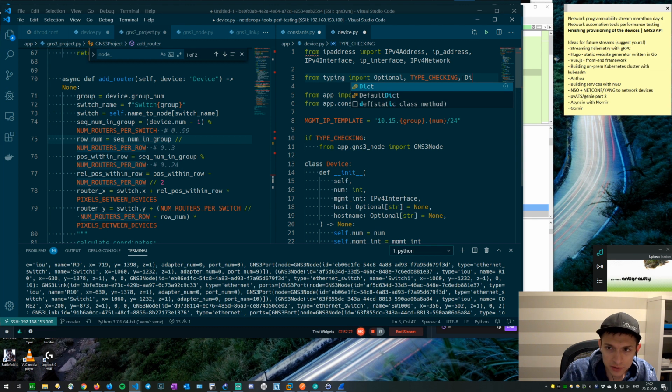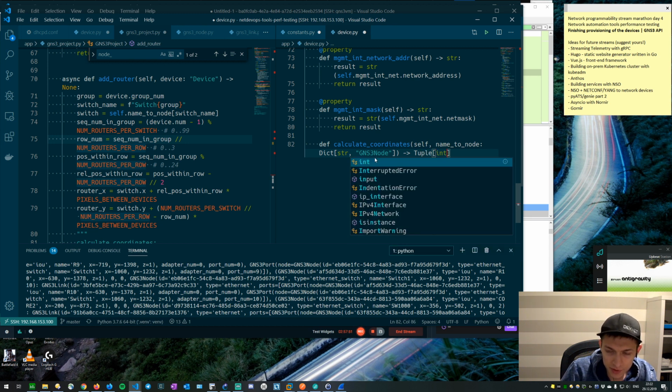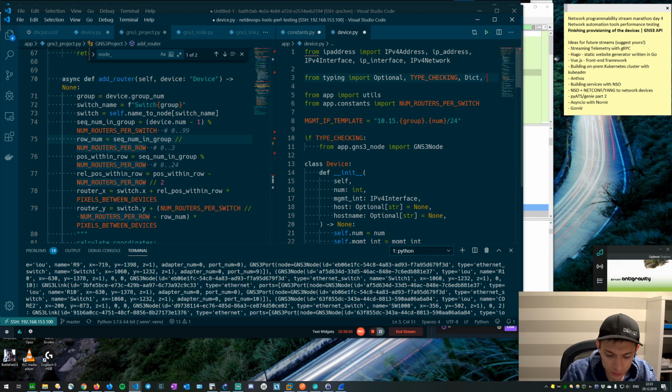Here we need dictionary, and here we'll say this is a dictionary from str to GNS3 node, and this will return to us a tuple with x and y, with two int values. Yeah, so we need to import tuple here as well,